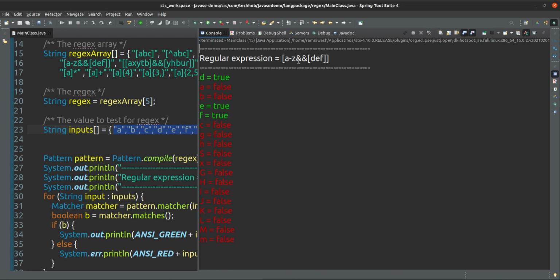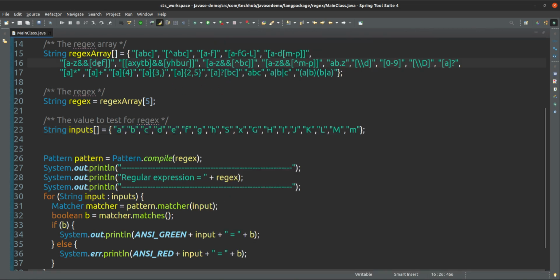But suppose I take a set A that has all the characters from A to Z, and I take another set that has only three characters, D, E, F. From these two sets, if I have to make the intersection part, then only DEF will be the intersection part, because the intersection is what is common to both. Suppose DEF from A to Z, DEF is common only.